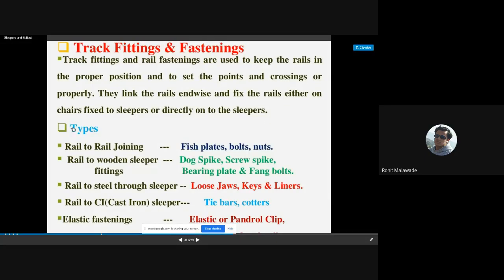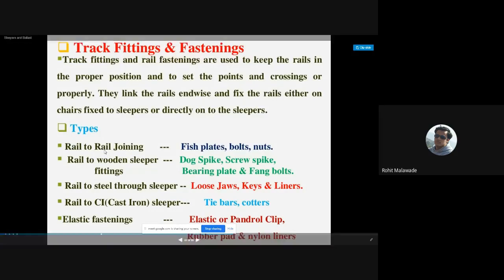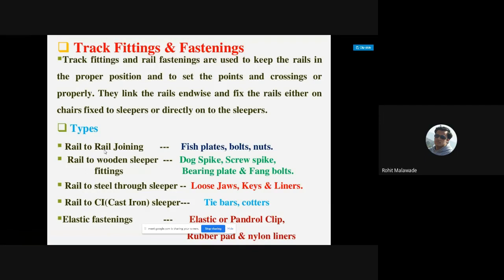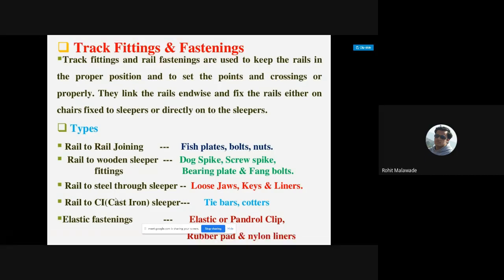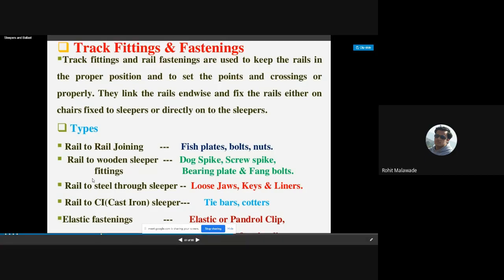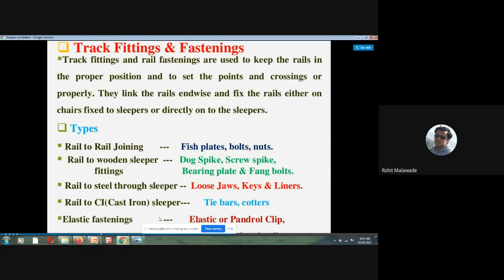Now, the different fixtures and fastenings we will be using begin with rail to rail joining. If you want to join rail to rail, that means the wheels will be moving on these rails, so if we want to join them, we will be joining them with the help of the fish plates and the fish bolts.